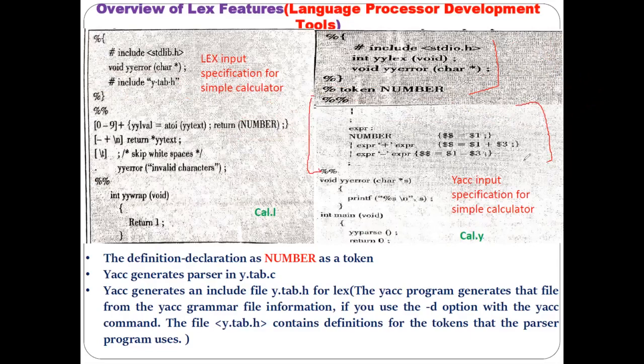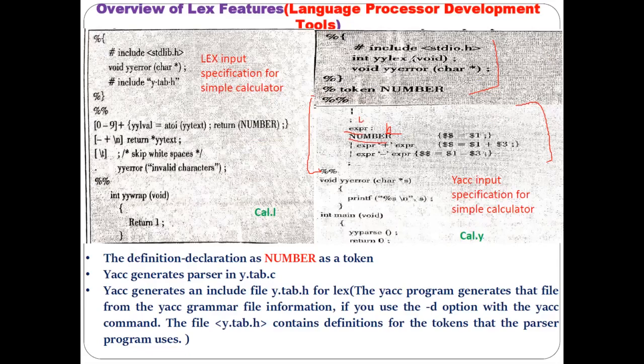So as I said, the rule section of this particular Yacc program consists of what? It consists of the left hand side and the right hand side, the way you write the grammar. Here you can see expr, and in front of that is a colon, and after the colon is the number. Expression as a number. This is the left hand side. This is the right hand side. You are getting the point. Expression, what is the rule written? Expression as a number. Okay.